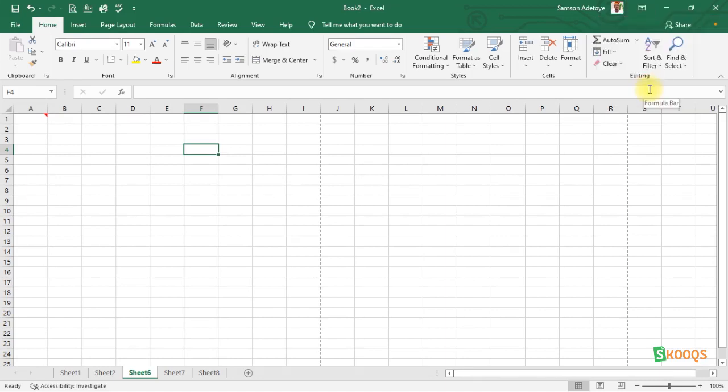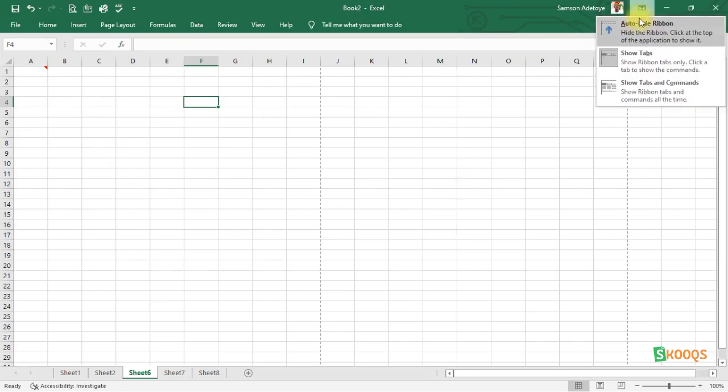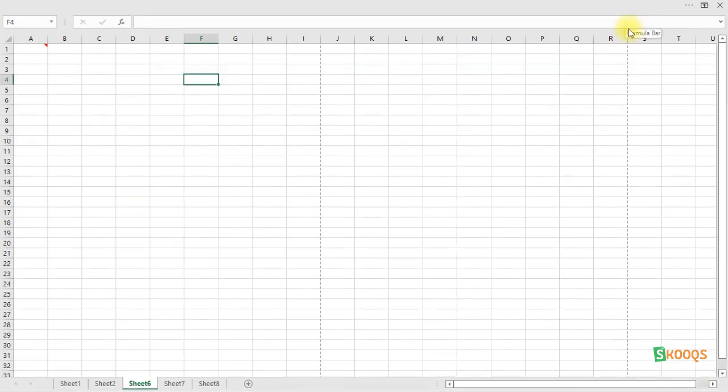Whichever option you wish to set it in, you can show tabs only. So when you show tabs only, it maximizes the workspace and only the tabs will be visible. This option, when you select it, only your workbook, your sheet will be very visible. All other commands are hidden. But if you click on it and choose the other one,